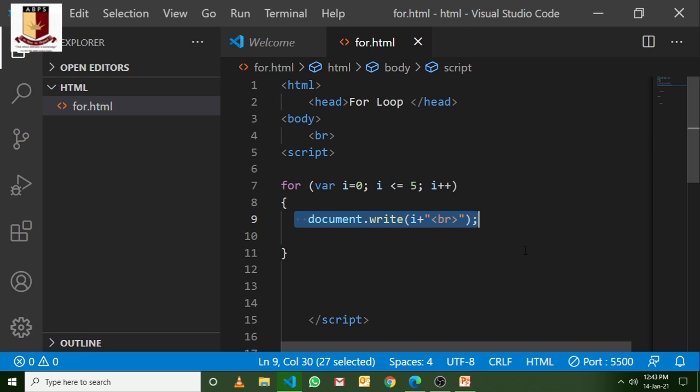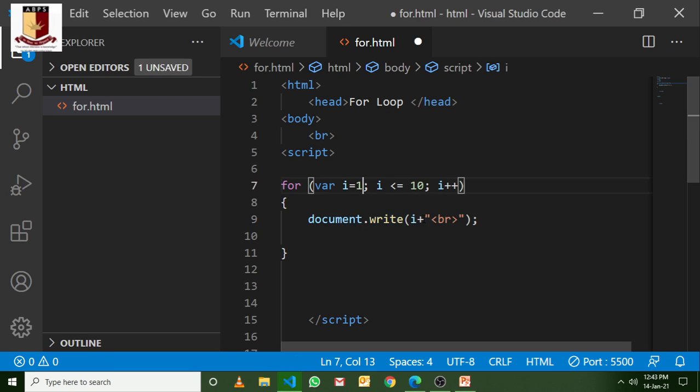Suppose up to 10 here I have taken, starting from 1, and the table of the number 5. So how can you do that? You can just multiply by 5. Just check what will happen. Just check: 5, 10, 15, 20, 50.